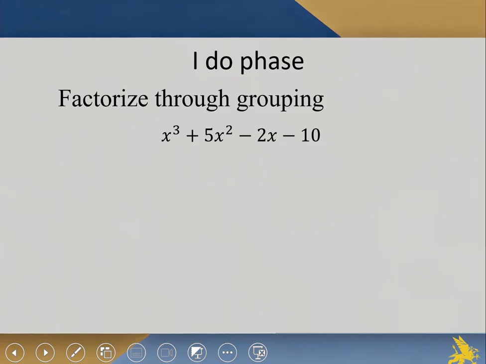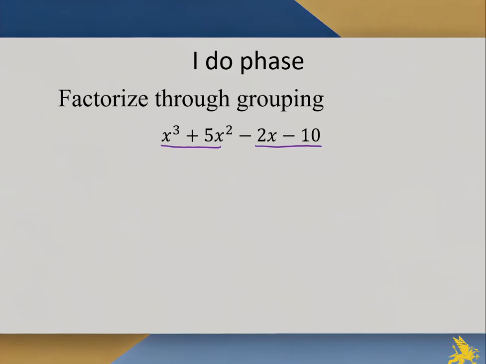Now we're going to get into the stage of factorizing through groupings. We do this normally when we're dealing with a monic or non-monic quadratic with 3 terms, but when we've got 4 terms, we can also do that as well. So in this case, factorizing through groupings, I'm just going to underline, and then we're going to do them separately. So the first thing with x to the power 3